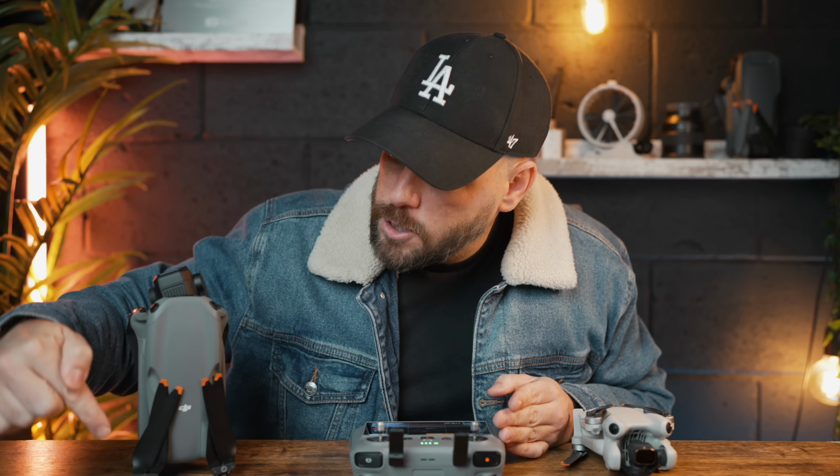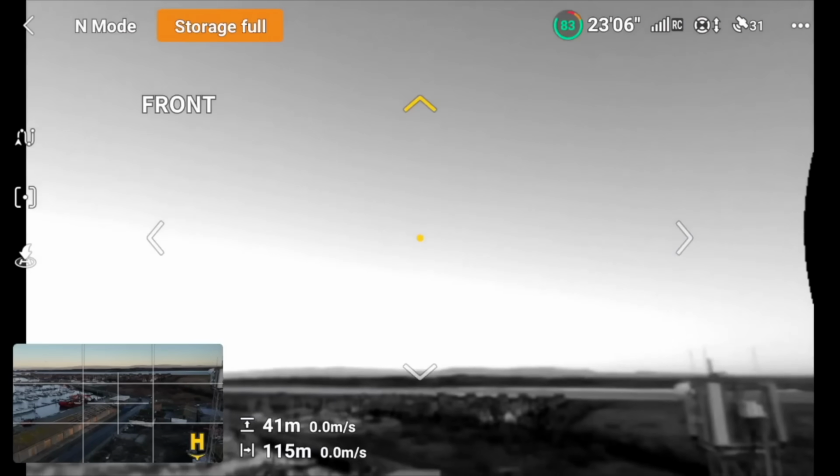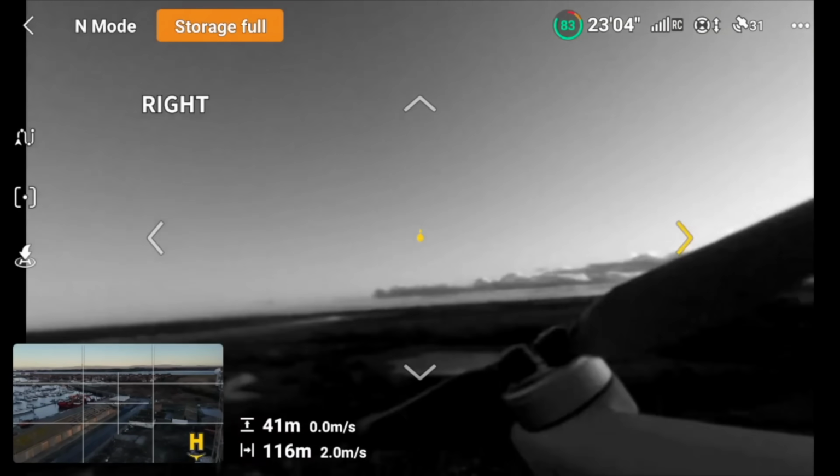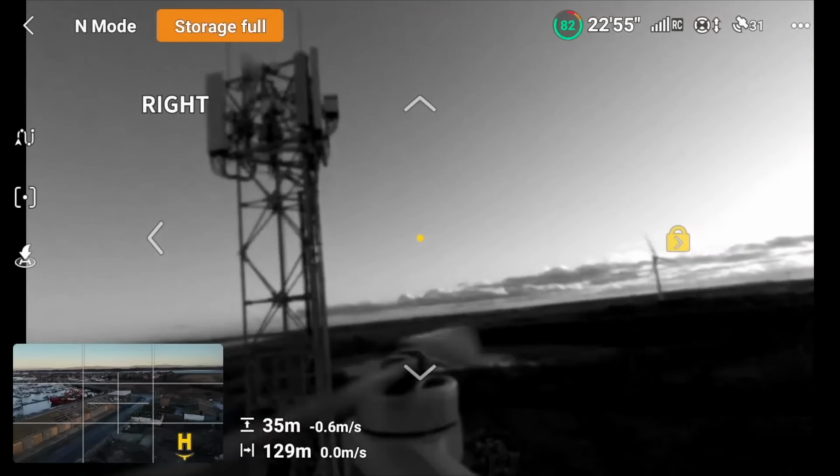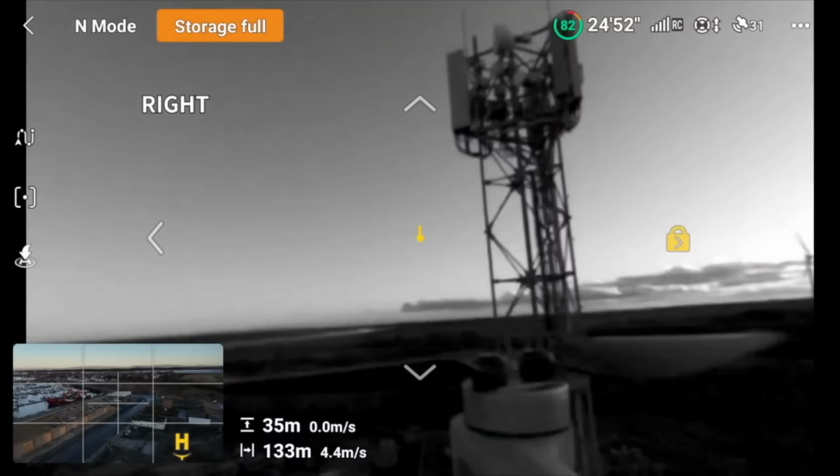Now a great feature that's been added to both of these drones. On the Air 3S, you've got obstacle avoidance sensors all around the drone. Same on the Mini 4 Pro, but you can actually look out of here now through the Vision Assist menu. So you can see out of these obstacle avoidance sensors. That's going to be great when you're flying in really close, tight areas. Maybe you've got trees to the side of you, you're going under a bridge. You want to actually see directly out of these cameras and not just a camera on the front of the